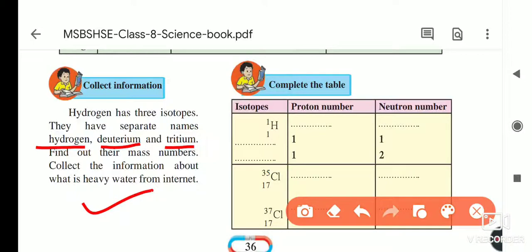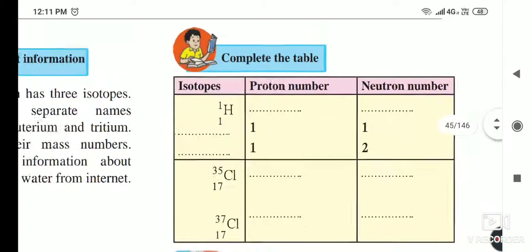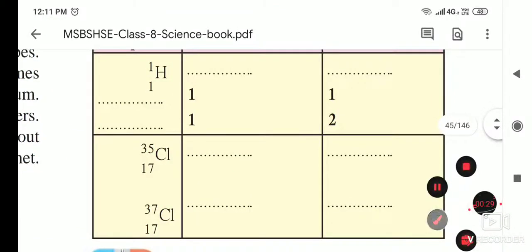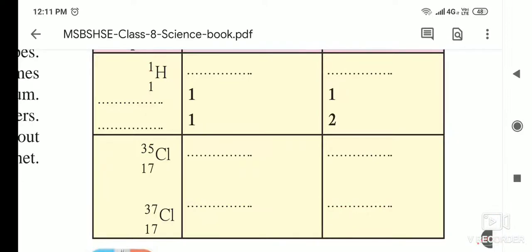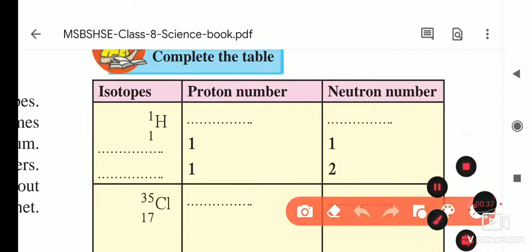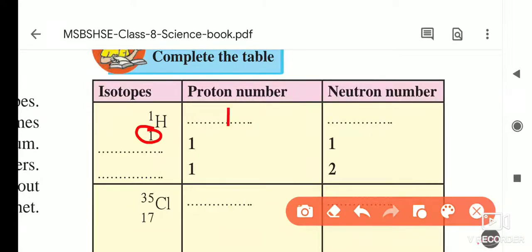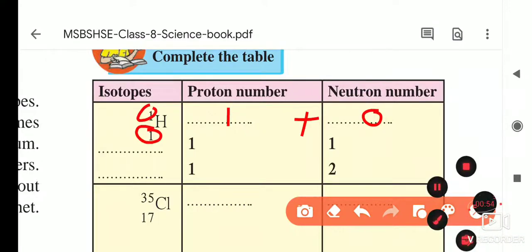So first of all, we will see the protons. Here it is, hydrogen's atomic number is this and mass number is this. Okay, so we will write how many protons are there. As we know, the atomic number is 1, then its protons are 1 and neutrons 0, because 0 plus 1 is equal to 1, and that we are writing at this place. Okay, because it is atomic mass. Next is